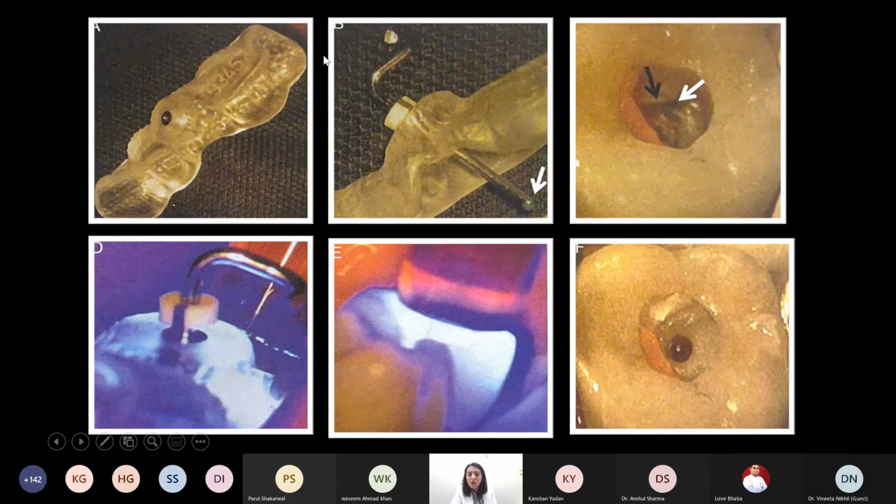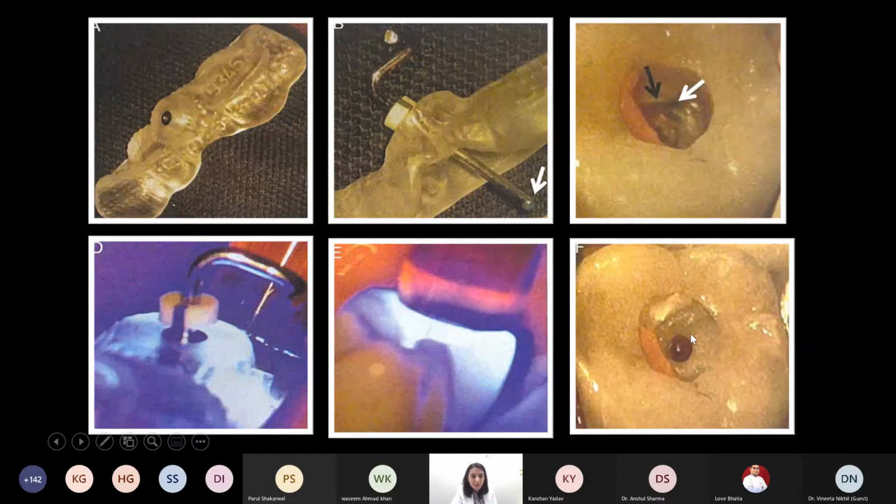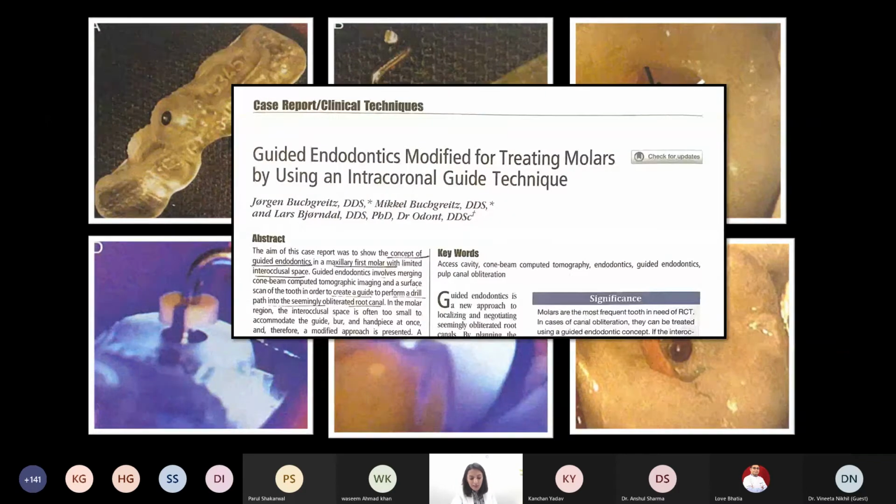Without any guidance, you can use an endodontic handpiece with the burr and reach up to a point where the canal was present. Further, you can use a 10 K file, do the BMP and obturate the canal. This is the first case report on guided endodontics in posterior teeth with limited interocclusal space in the maxillary molar.